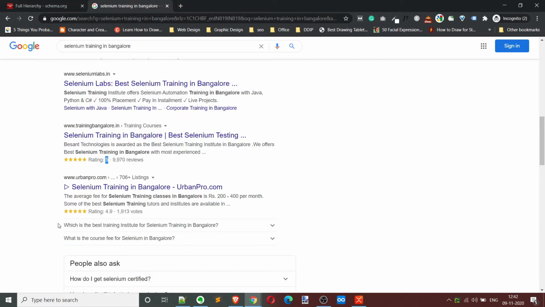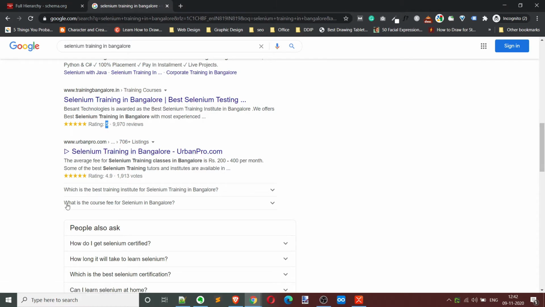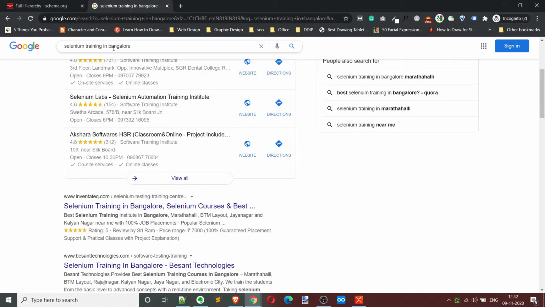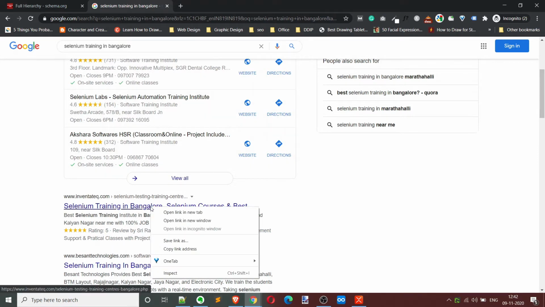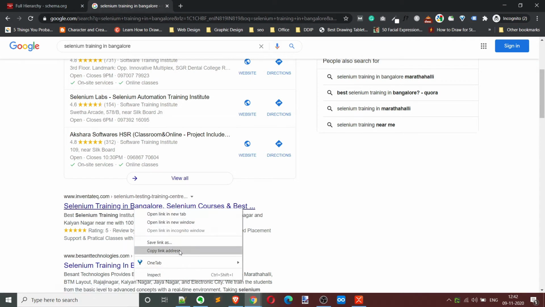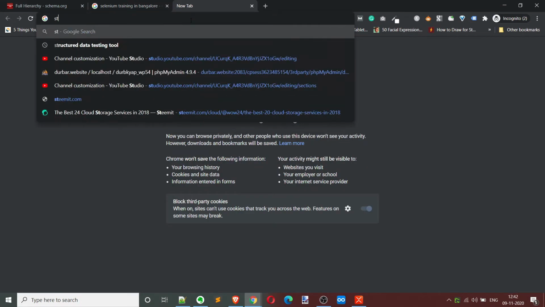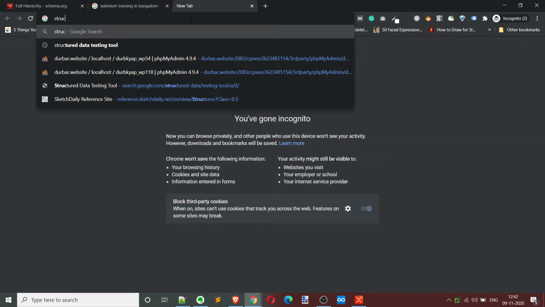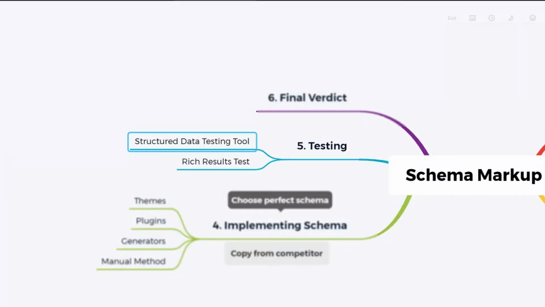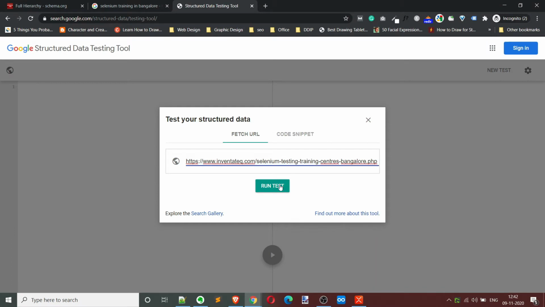Also there is FAQ schema. This website has some FAQs and they have used schema for that. So for this keyword, I want to see what these guys are using. This is one schema I can see, but they might be using some others. For that, I'll go to the structured data testing tool and paste the URL that I have copied.